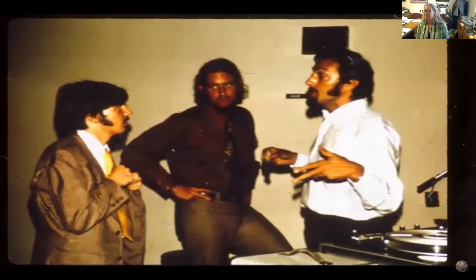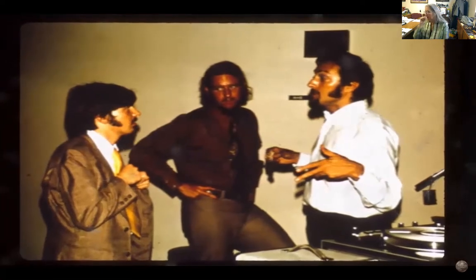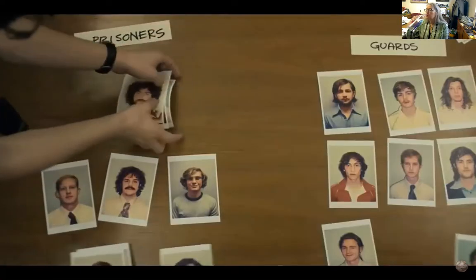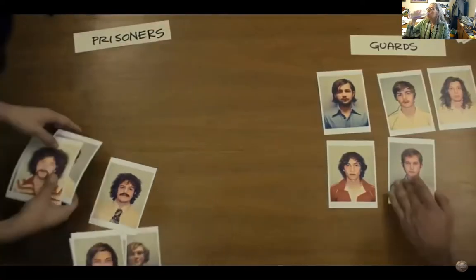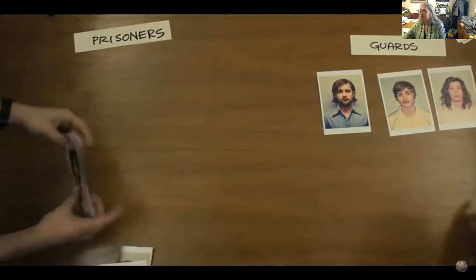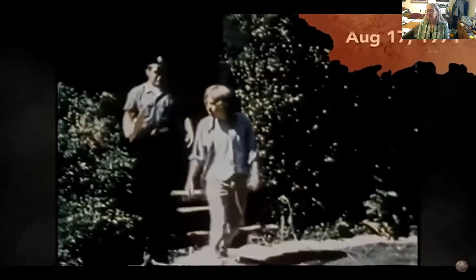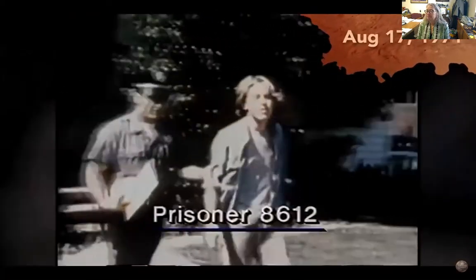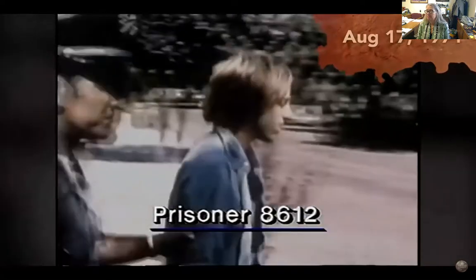Zimbardo and his team randomly divided the students into prisoners and guards. There were 12 of each category, 9 that were active participants, and 3 that were alternates. On August 17, 1971, the experiment began when the 9 prisoners were arrested by actual police officers from the Palo